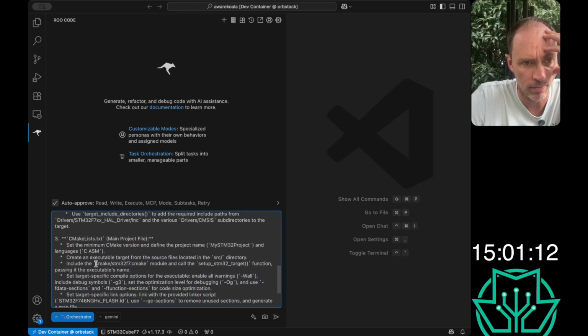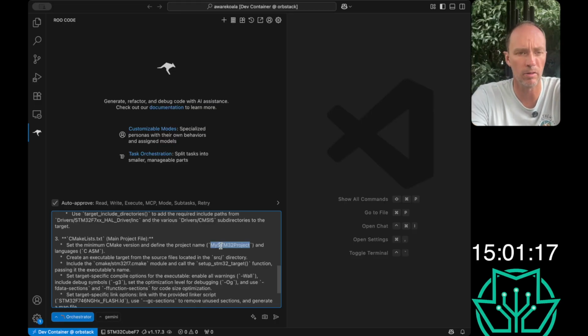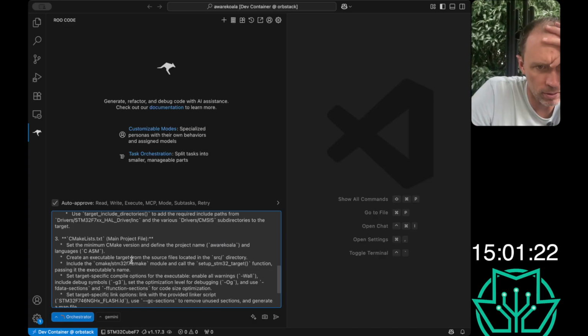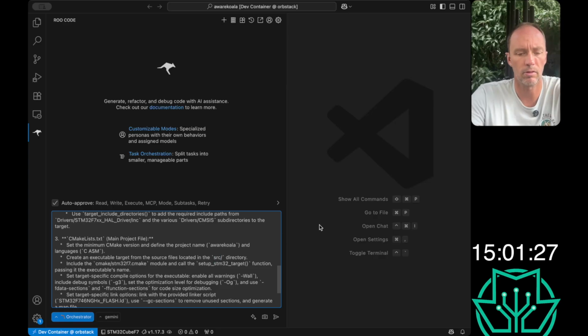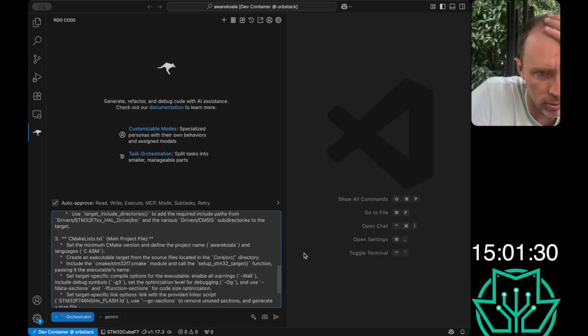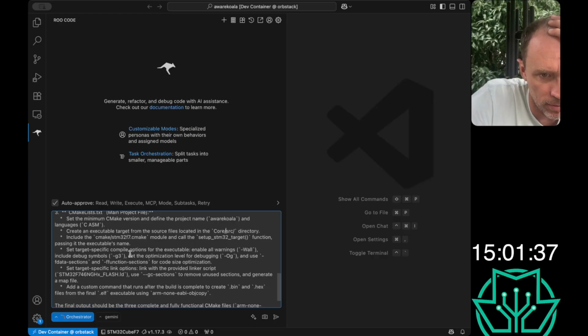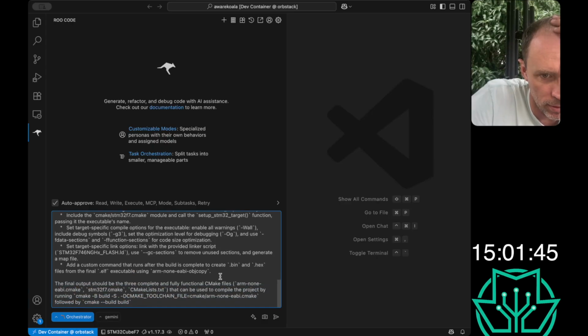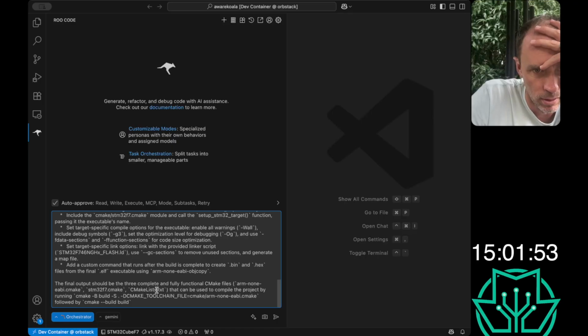Interesting. Okay. And then the main one, define the project name. We're going to call the project name aware koala. Languages, executable target, and source files located in the core/source directory. Okay. Target specific compile options, target specific link options. Yep. Add custom command that runs after the build is complete to create bin and hex from the original elf. Absolutely. 3 complete and fully functional CMake files that can be used to build the